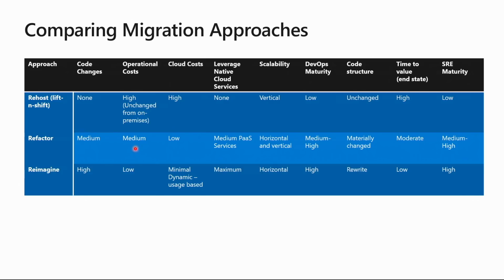Now you really begin to hone in on the time to value argument because Azure is adding new capabilities all the time. And now I can tap into those capabilities. I have aligned myself in a position where I can start taking advantage of those capabilities. And of course, I can do things to improve my SRE maturity. Cosmos DB, for example, gives me geo-replication that's built in. My site reliability engineering maturity is much higher with services that are natively enabled for a geo-replicated scenario.